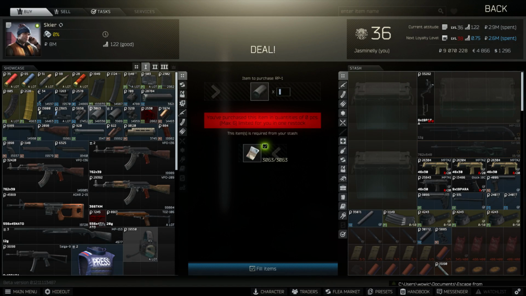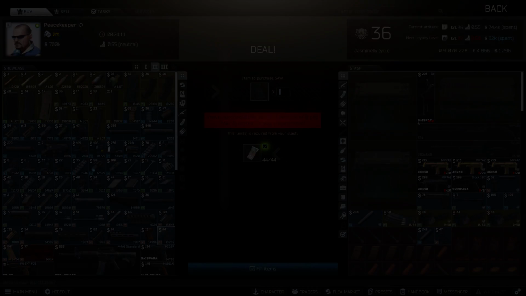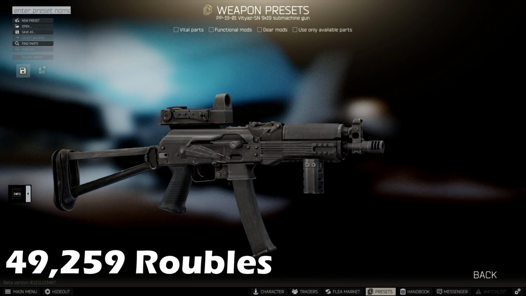Then, we can purchase the RP1 charging handle for 3,063 rubles for plus 1 ergo. For the pistol grip, purchase the Tapco saw pistol grip for $44. Last but not least, we have the Cobra EKP 802 dovetail sight from level 1 Prepper and our build is complete. With this weapon and all its attachments, the build costs you